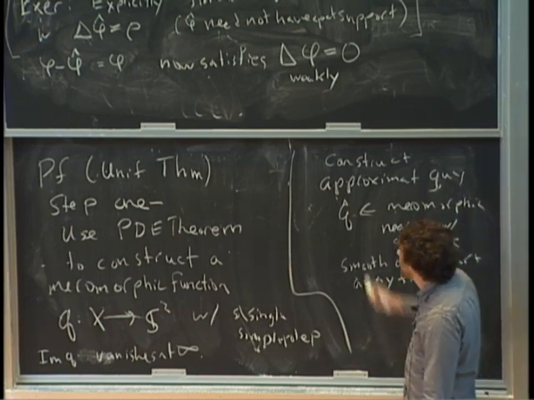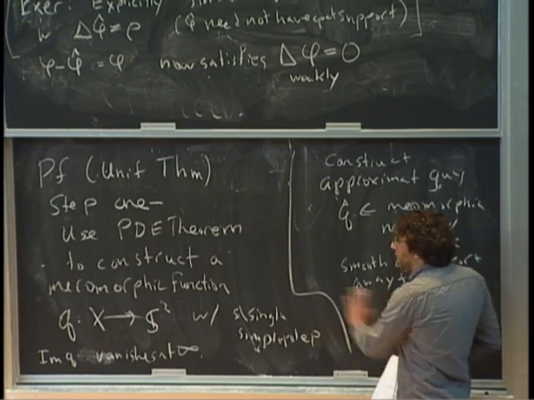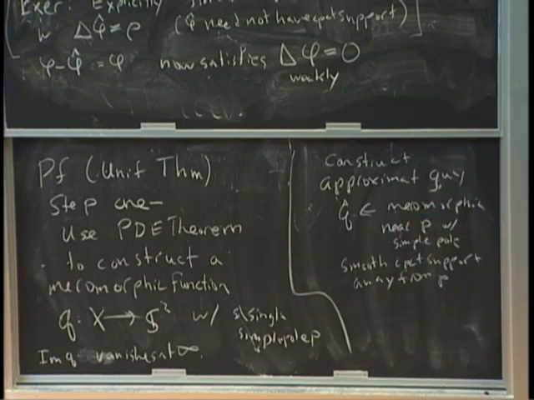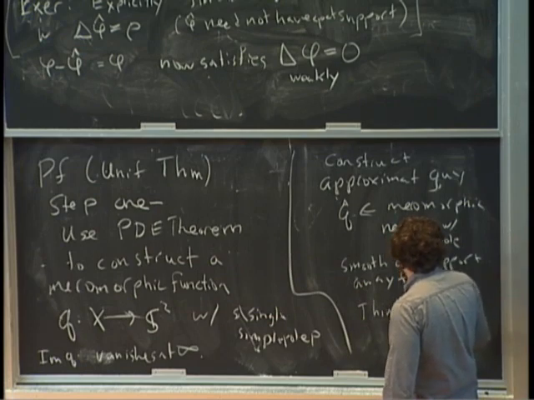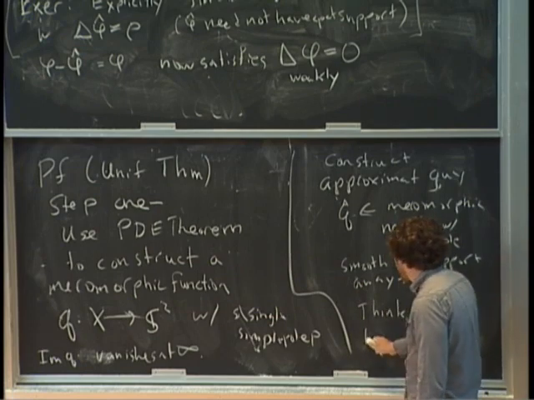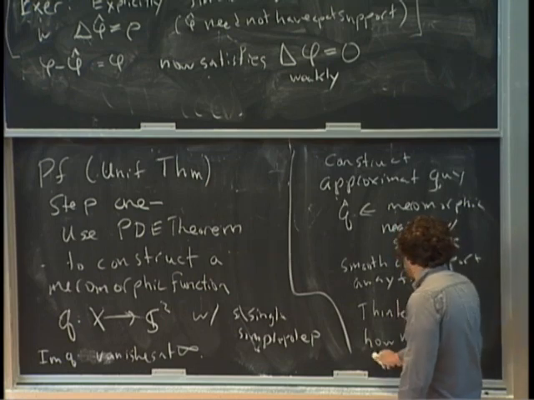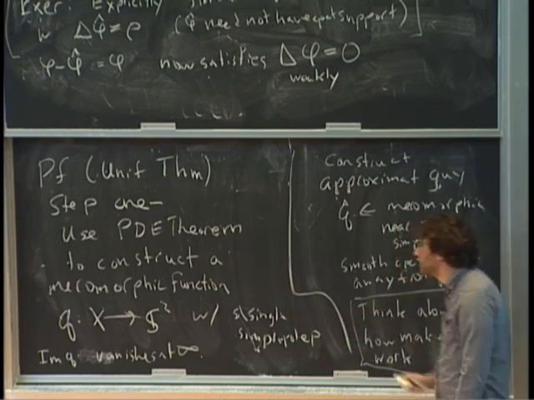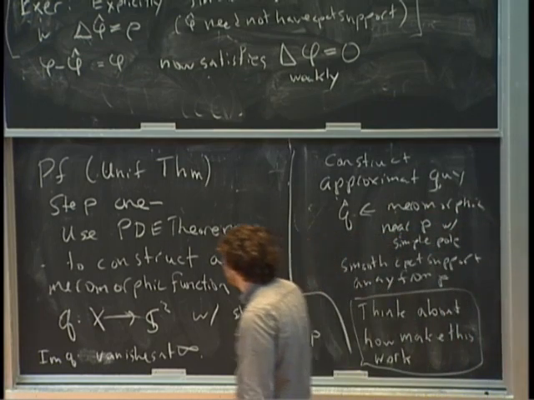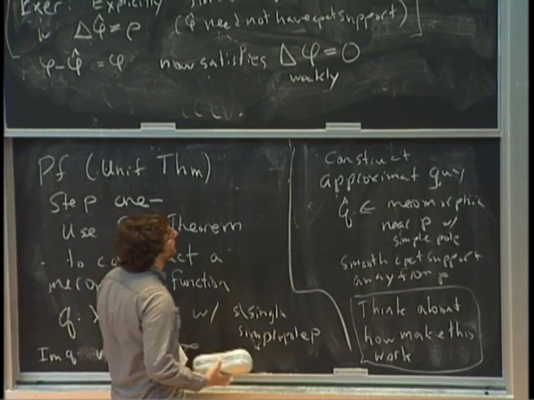So what you have to do is be a little more careful, and use the de Rham theory to construct this Q. But maybe in the interest of time, since I have almost none, I won't do that. But you should think about how to make this work. It's a little more involved. Okay, but nevertheless, you get this meromorphic function, and then you want to use this meromorphic function